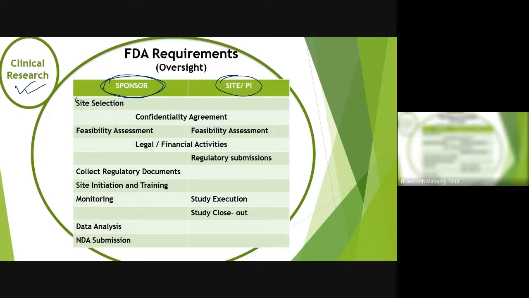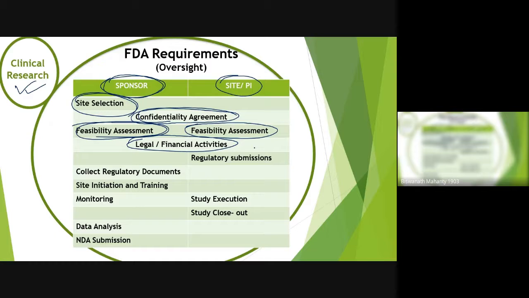So we'll have site selection, where you are going to do the study. I mean to say, what is your area of study. Confidentiality agreements are actually a minimum requirement: whatever data you get from those individuals, that confidentiality should be mentioned. Feasibility, how many numbers there are, a feasibility assessment should be done and taken care of by both groups. Feasibility in terms of the number of individuals, in terms of the population you are going to collect, and whether the analysis will be statistically valid or not. Legal and financial activities, we need not bother about these aspects. They will be taken care of by the sponsors.